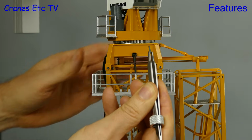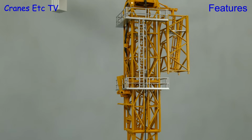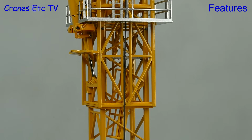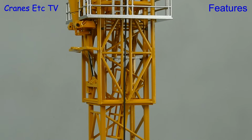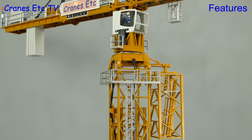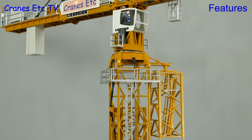And now we start getting into the area where you need to concentrate. We're now unbolting the slewing platform from the mast, and that means we're able to use the powerful hydraulic ram on the climbing cage to push the cage up, and hence push the crane up. The motor and mechanism on the crane is very strong because the crane is a heavy load. But the jacking up all happens at a realistic speed, and actually it's incredible to see the climbing mechanism working